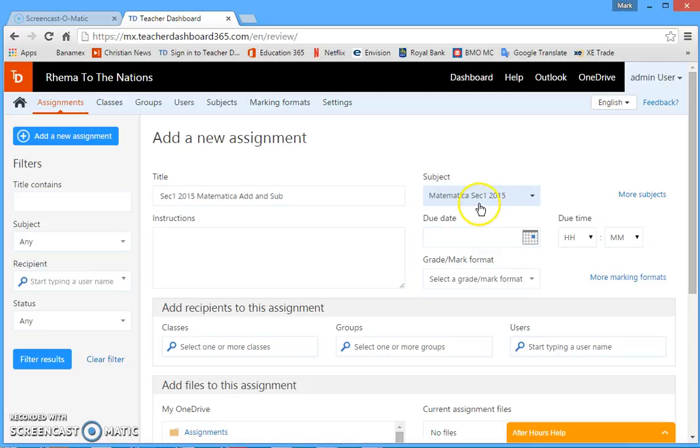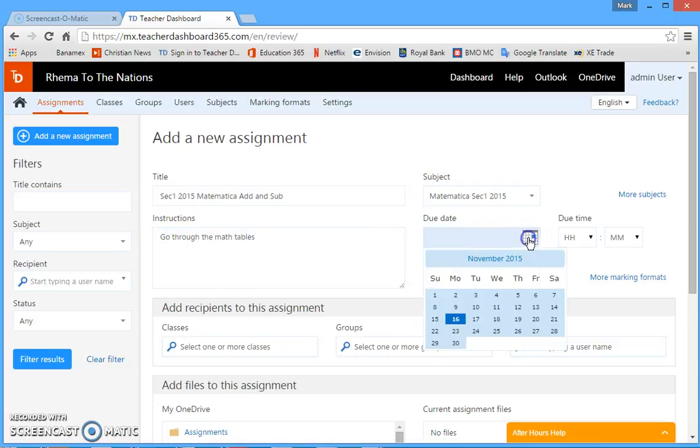If this was for a different subject, for example, Mathematica for Secondaria, the second group of Secondaria students, which would be like our grade 6, then I would have selected that. I will then put some instructions here about the assignment. I put in a due date,